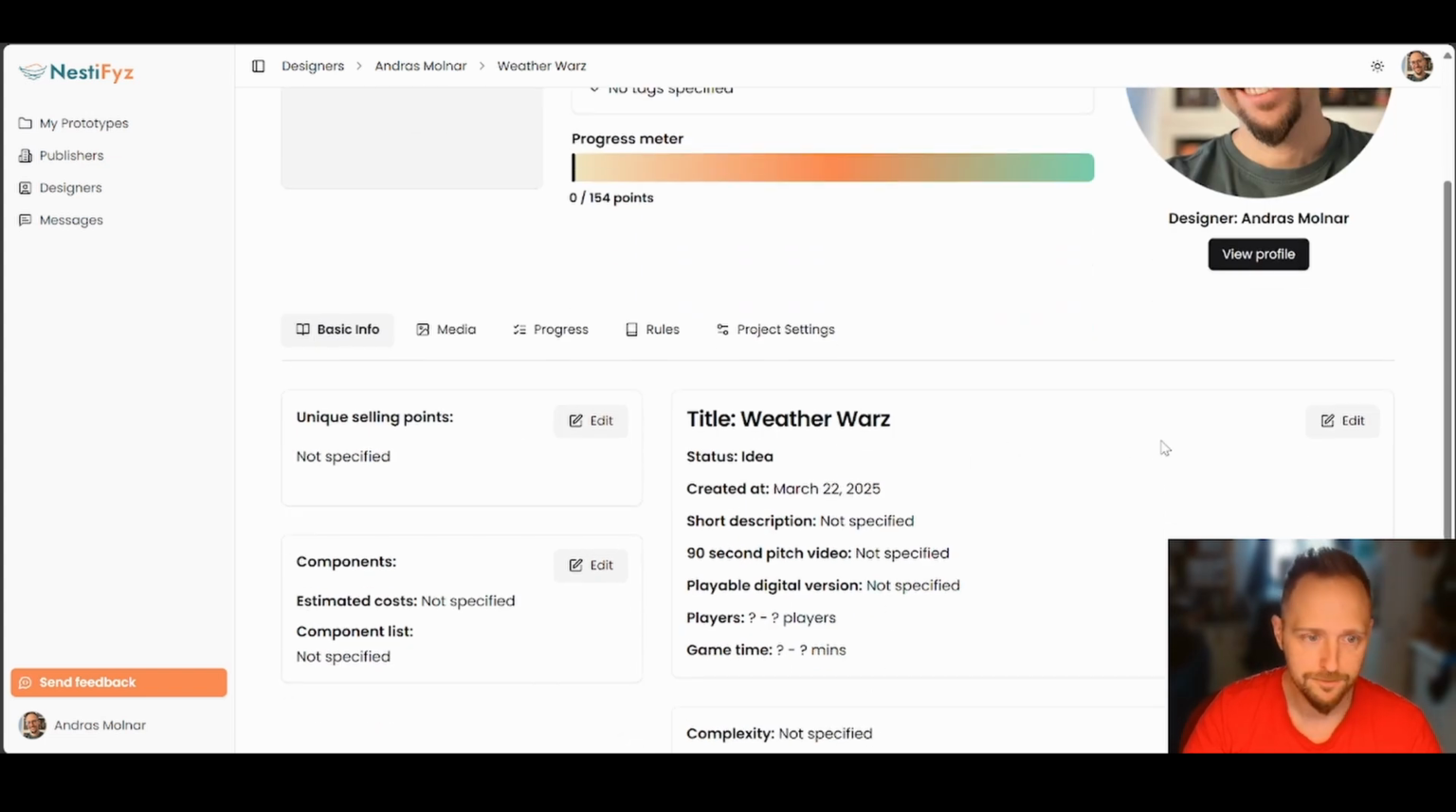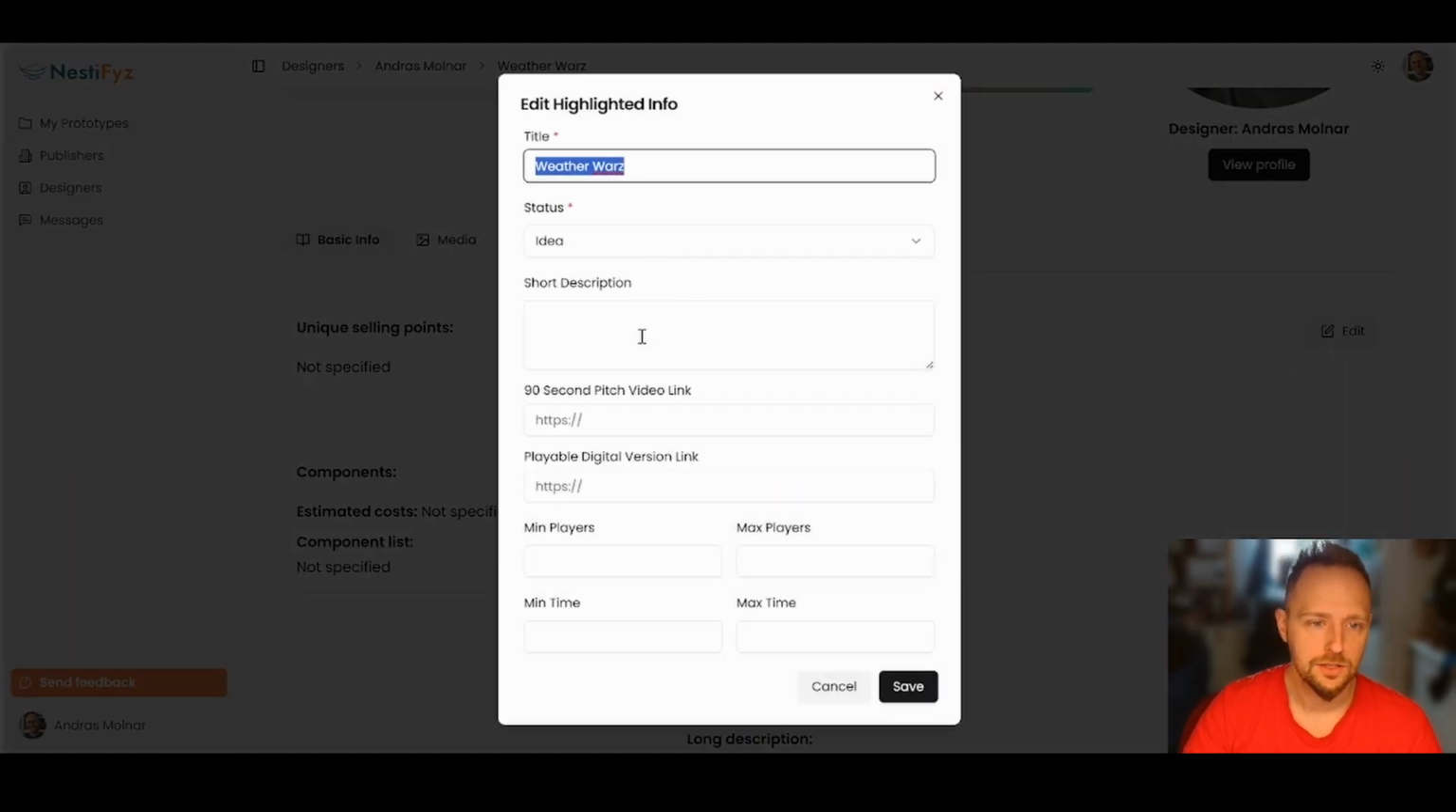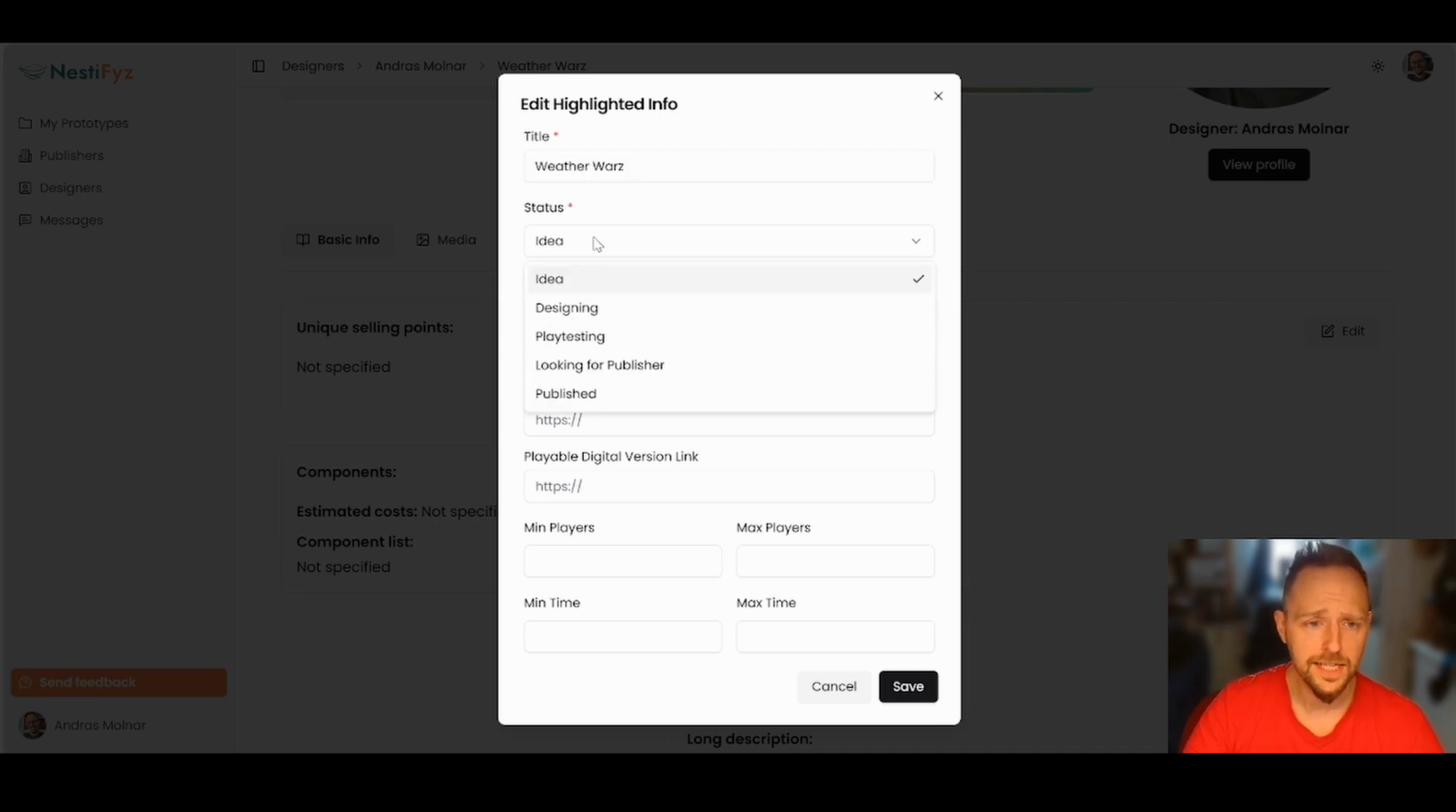So let's do that. Okay, going here, edit. And let me cheat a bit because I already prepared the short description and the long description for the game, so I don't have to type and we save some time. So right now, the status of this is an idea, but as you can see, you can switch it to designing or playtesting, or looking for a publisher if it's a more mature one, or even if it's published already,